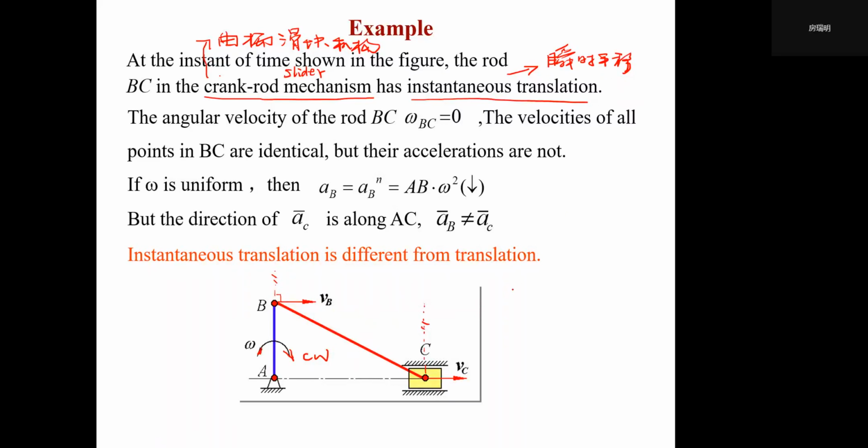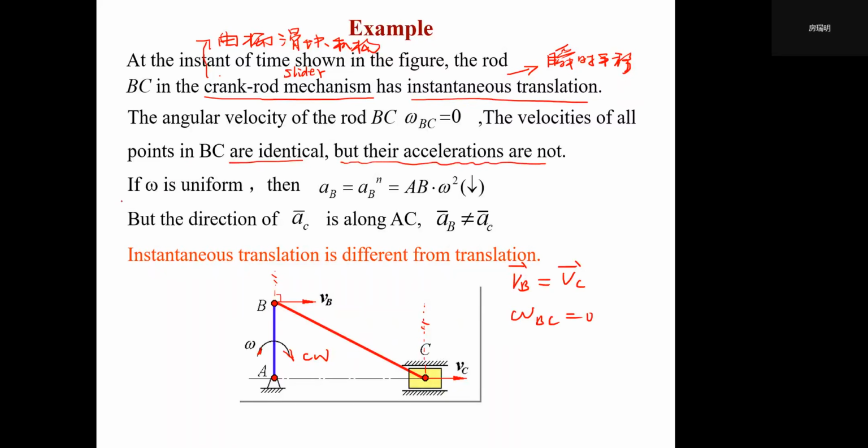Then we will have the conclusion that VB magnitude equals VC, right? So that's why VC also should be along this direction. So VB and VC, and this time omega BC will equal 0 because it has instantaneous translation, right? Let's continue. The angular velocity of BC, omega BC equals 0. Why? Because it has instantaneous translation. The velocities of all points in BC are identical, but their accelerations are not,